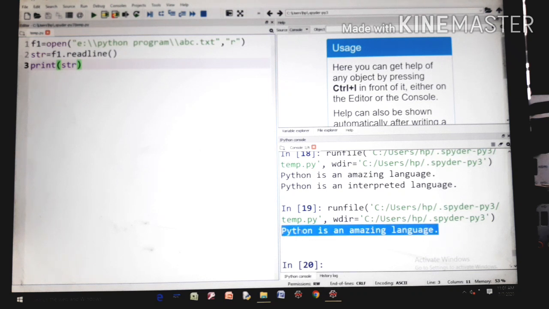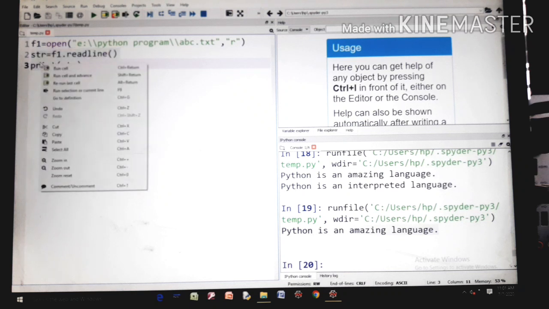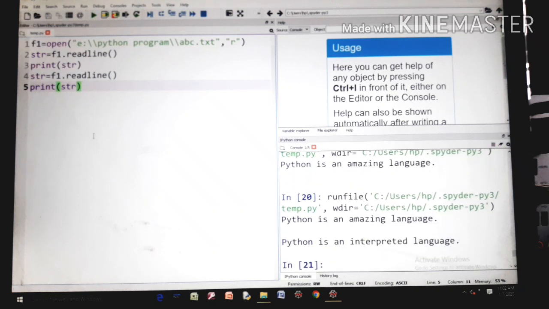So readline shows the content of the file line by line. Again we copy this, print again, paste here and run. The output will be Python is an amazing language and Python is an interpreted language.